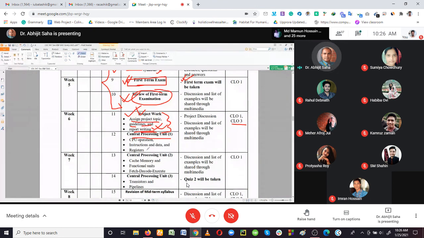So this is a bit of a detailed discussion about the CPU. We are going to learn about the CPU operation. We are going to have a very nice illustration of the fetch, decode and execute phases. That is going to be one of the CPU operations. One of the illustrations is going to help us understand how the CPU works with an instruction in real time.